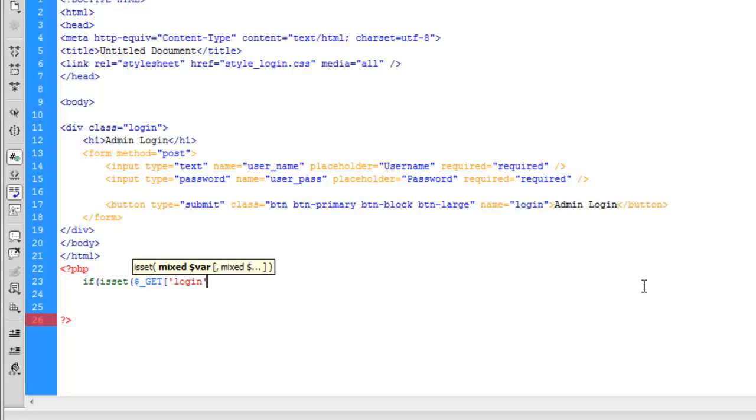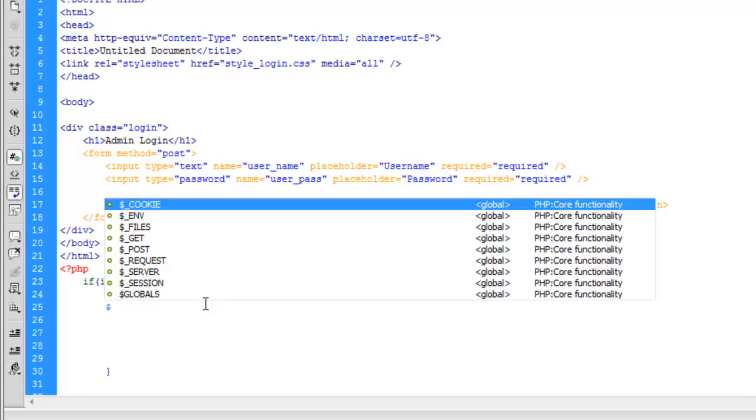If it's set login, or you can say the login button is clicked, this one is active, then the rest of the code will be executed, which will be something like we'll create a variable